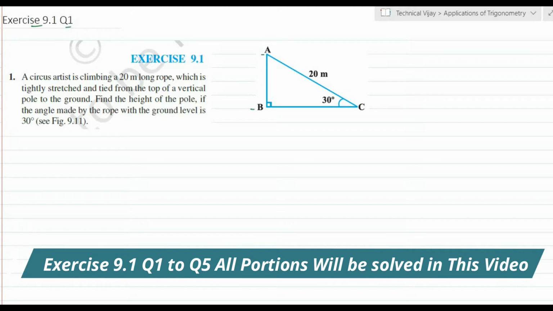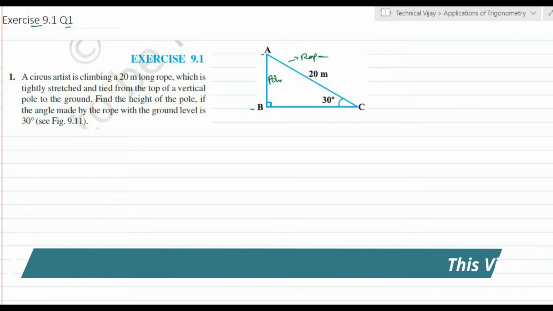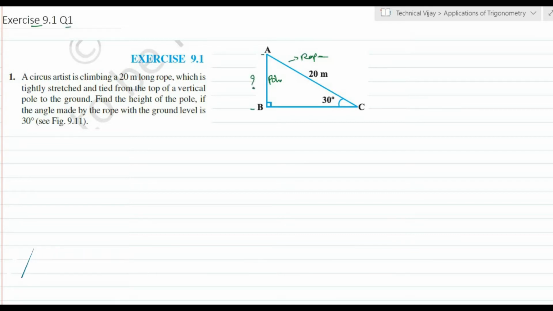If the angle made by the rope with the ground level is 30 degrees. This is the rope and this is the vertical pole. This rope has made an angle of 30 degrees with the ground. So now we have to find this distance, AB, the vertical pole height. For that, we know that this is a right angle triangle